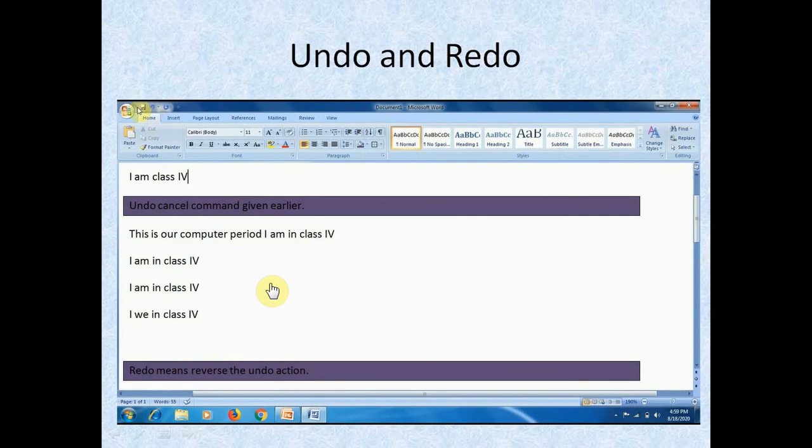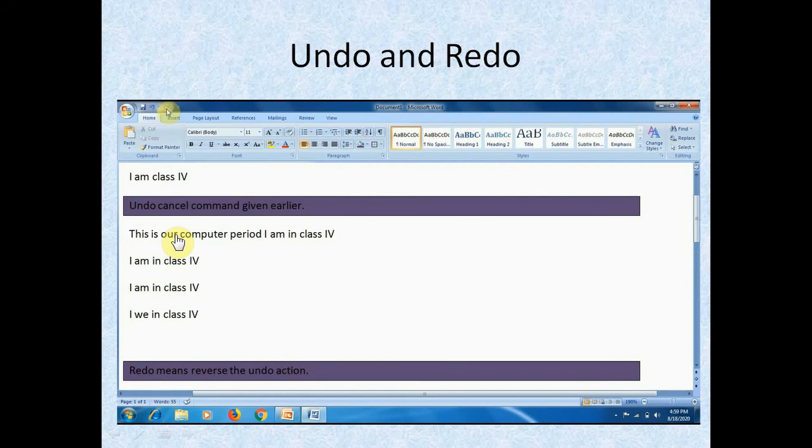Above the Home tab there is undo and redo. Okay, now let's do redo, sorry, undo. Click on undo, you can see where we were typing, here you can see our cursor now comes here.